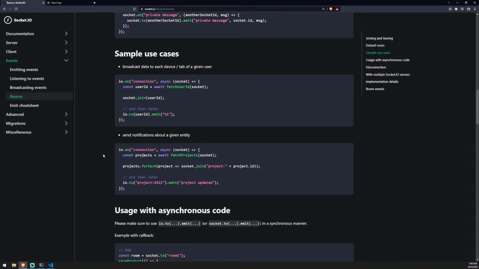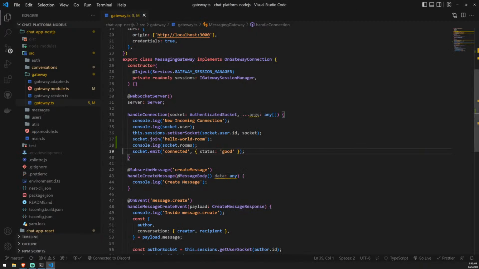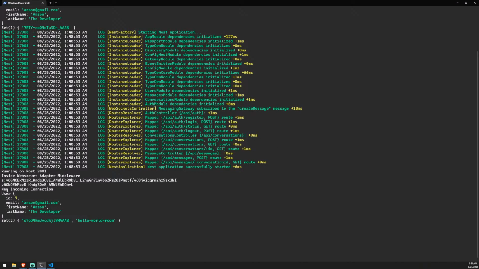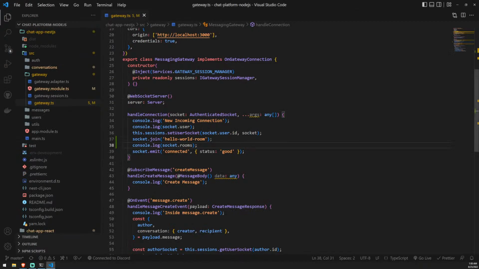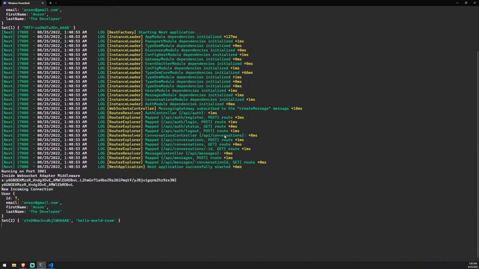So I'm trying to think what would be the best way that we can work on rooms, because we can definitely get the individual client, but how do we make sure that we join the correct room? And most importantly, we need to also know what conversation they are joining, right? Because you can see that over here it says new incoming connection. We're logging the user, but we don't have any information about